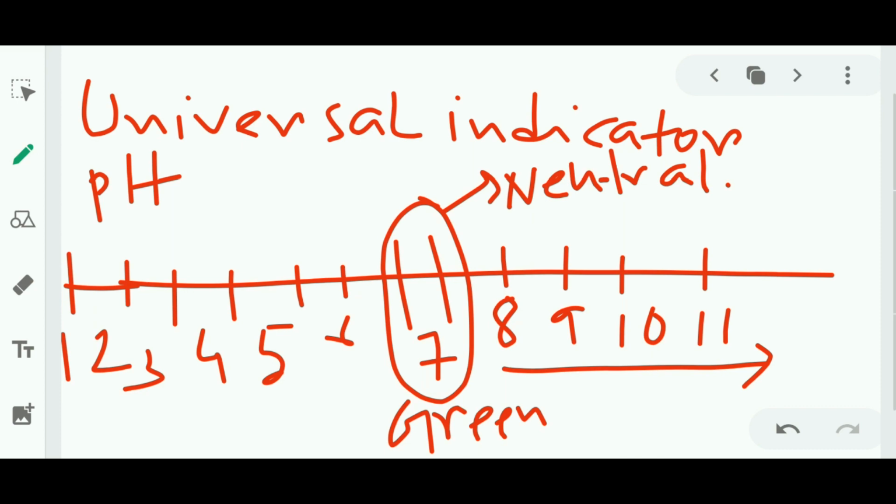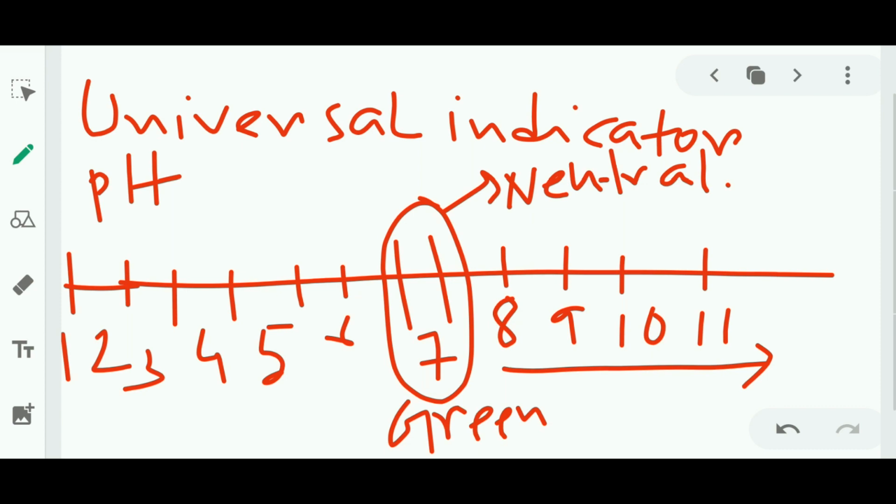So actually, universal indicator is a strip. In that strip, different color markings are there, and there is a yellow paper. Whenever you dip the yellow paper into a particular solution, it changes its color to either red, green, or violet. So you need to match the color with the strip, and you can identify what kind of substance it is,